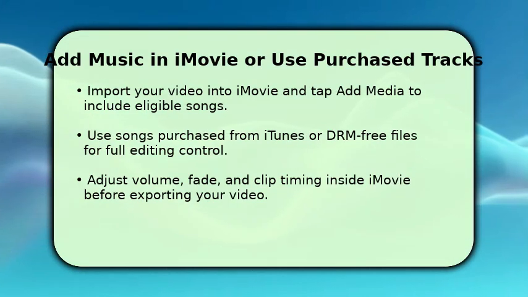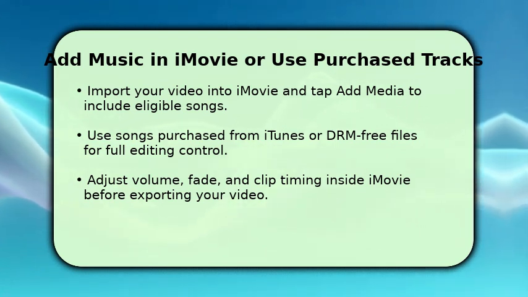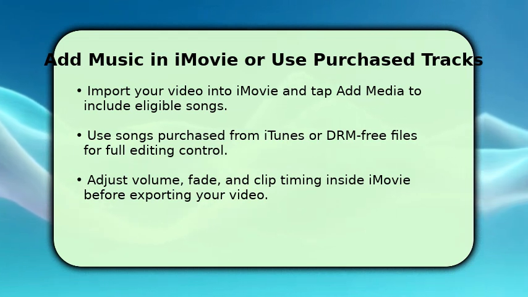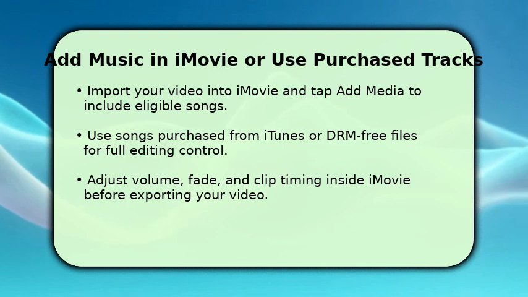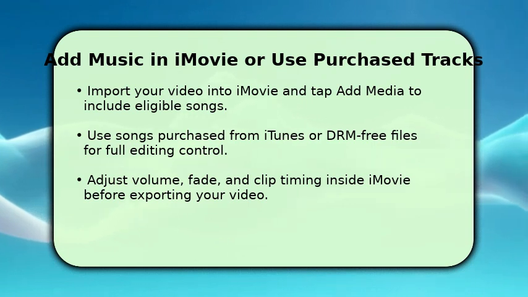Import your video into iMovie and tap Add Media to include eligible songs from your library. Use songs purchased from iTunes or DRM-free files for full editing control inside iMovie, because Apple Music streaming songs may be blocked. If you used a screen recording audio track, add that clip into your project as a secondary audio